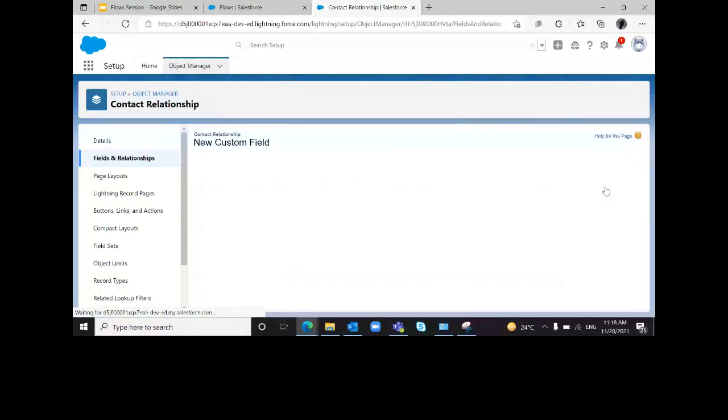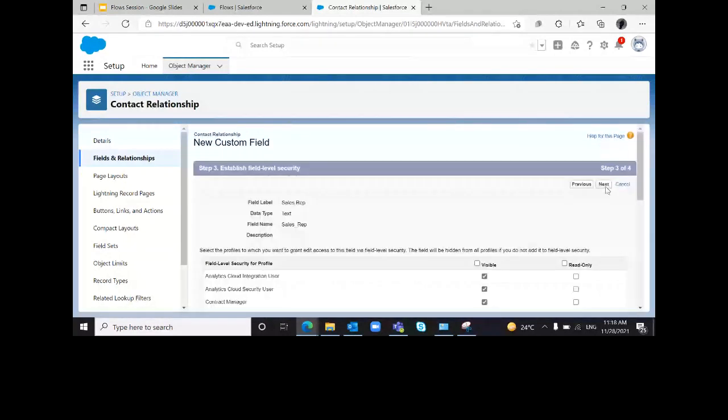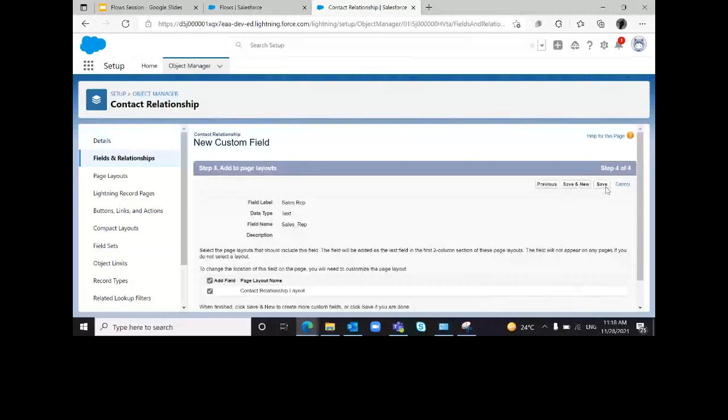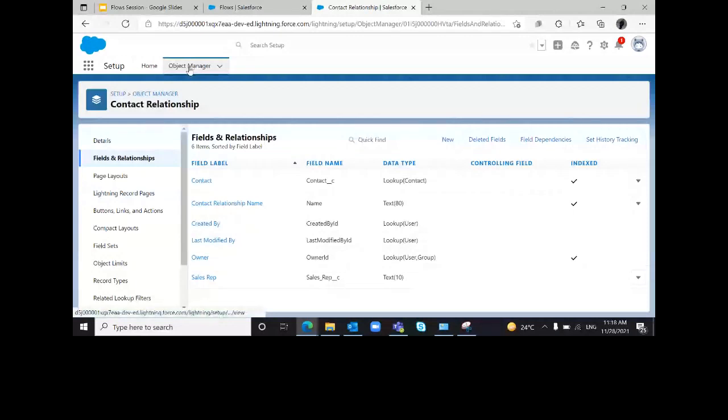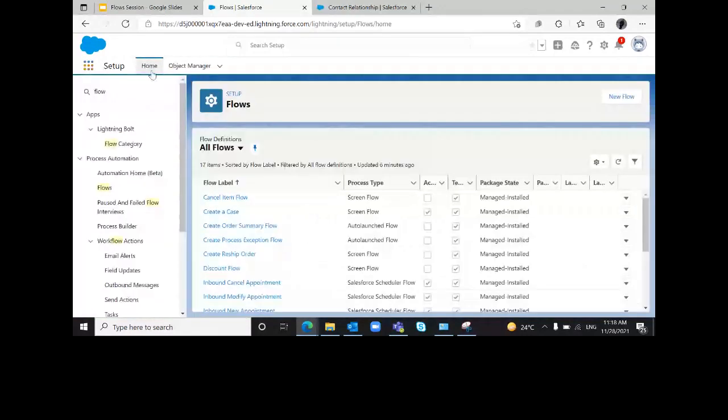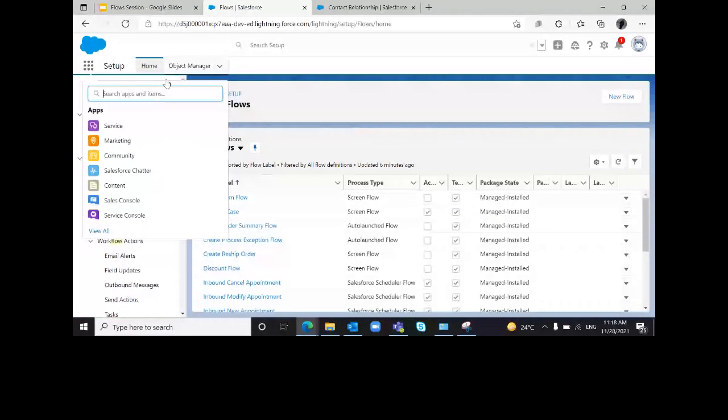So basically the scenario is, whenever the contact relationship checkbox on the contact object is checked, there should be a new record in contact relationship. Let me show you.